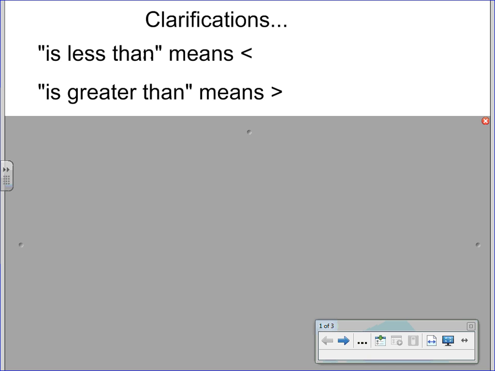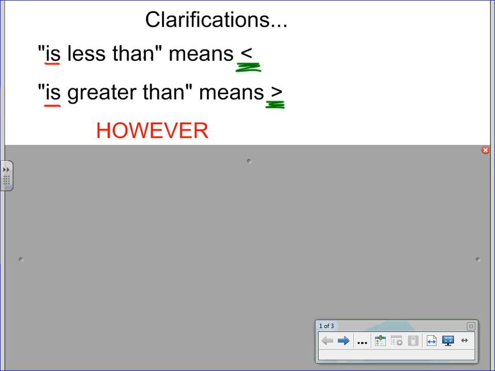When you see "is less than," that means the less than inequality symbol, okay? When you see "is greater than," that means the greater than inequality symbol, okay? The key word there is the word "is," okay? "Is less than," "is greater than," those mean an inequality symbol. However,